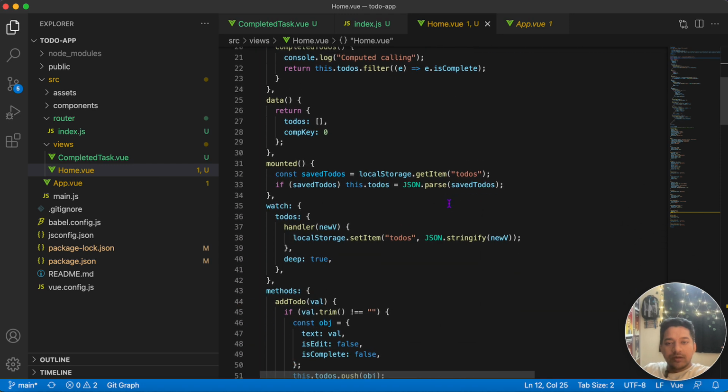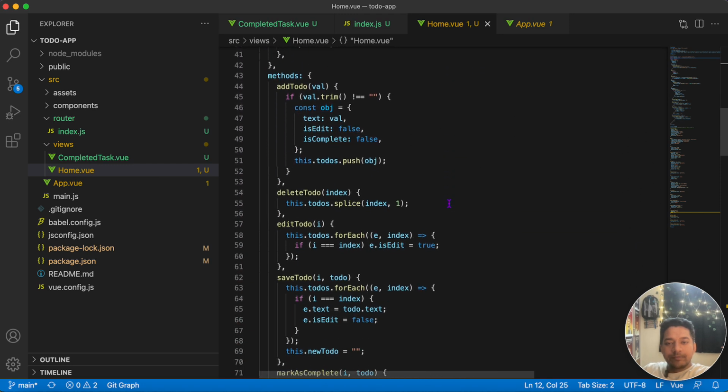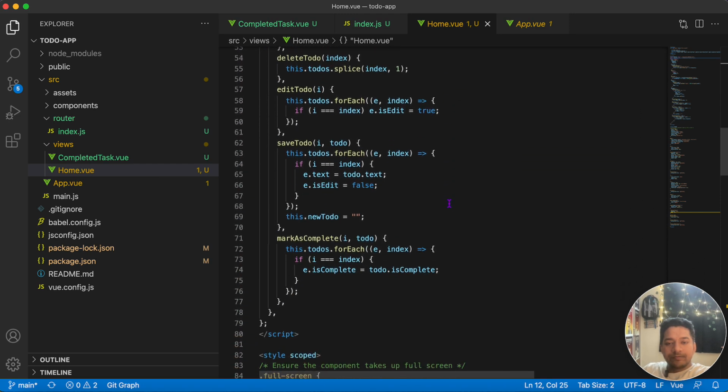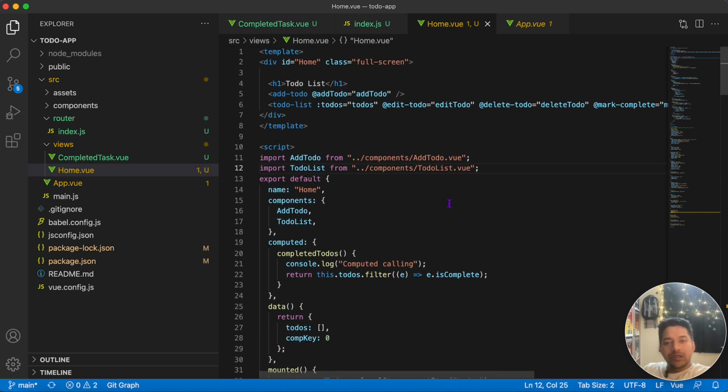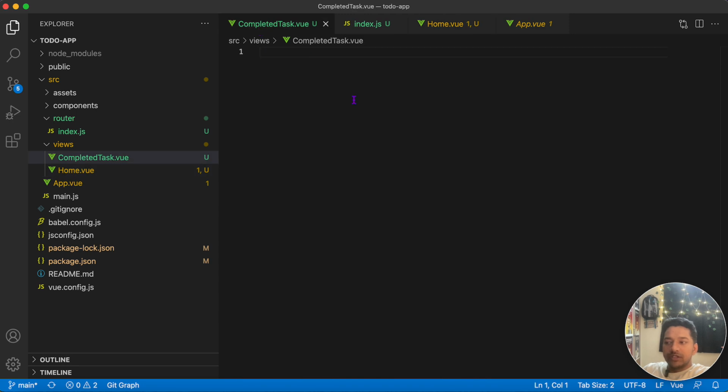Okay, correct. Our home.view is completed. Now what we'll do in complete task view, what I want to show,